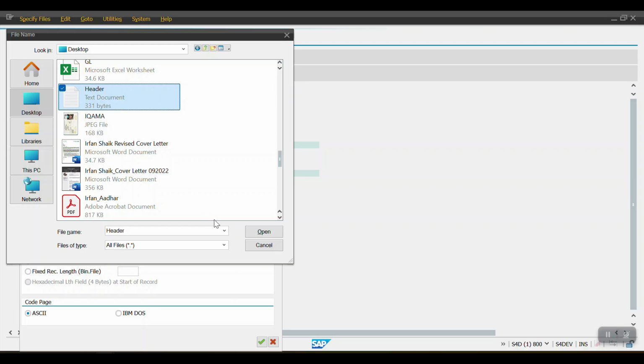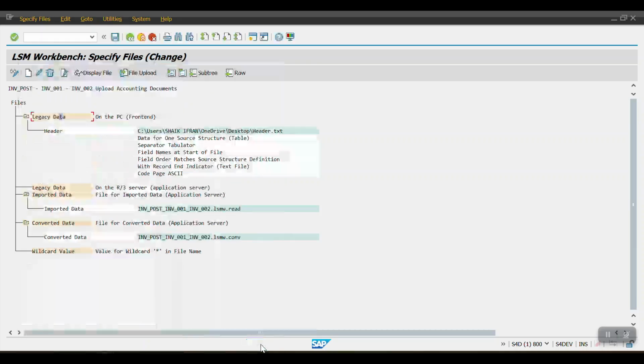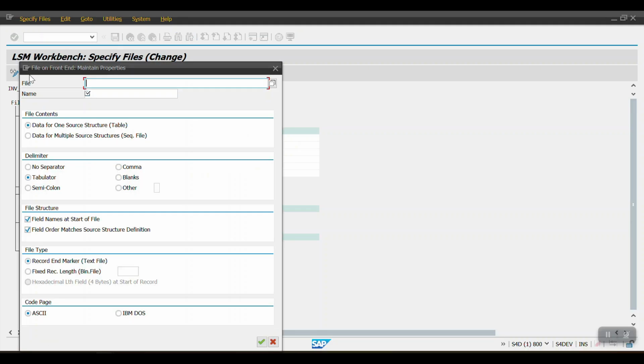Yeah, this one, header, and then update the name. Okay, and then click on continue, and then again put a cursor here and click on create, and then do F4